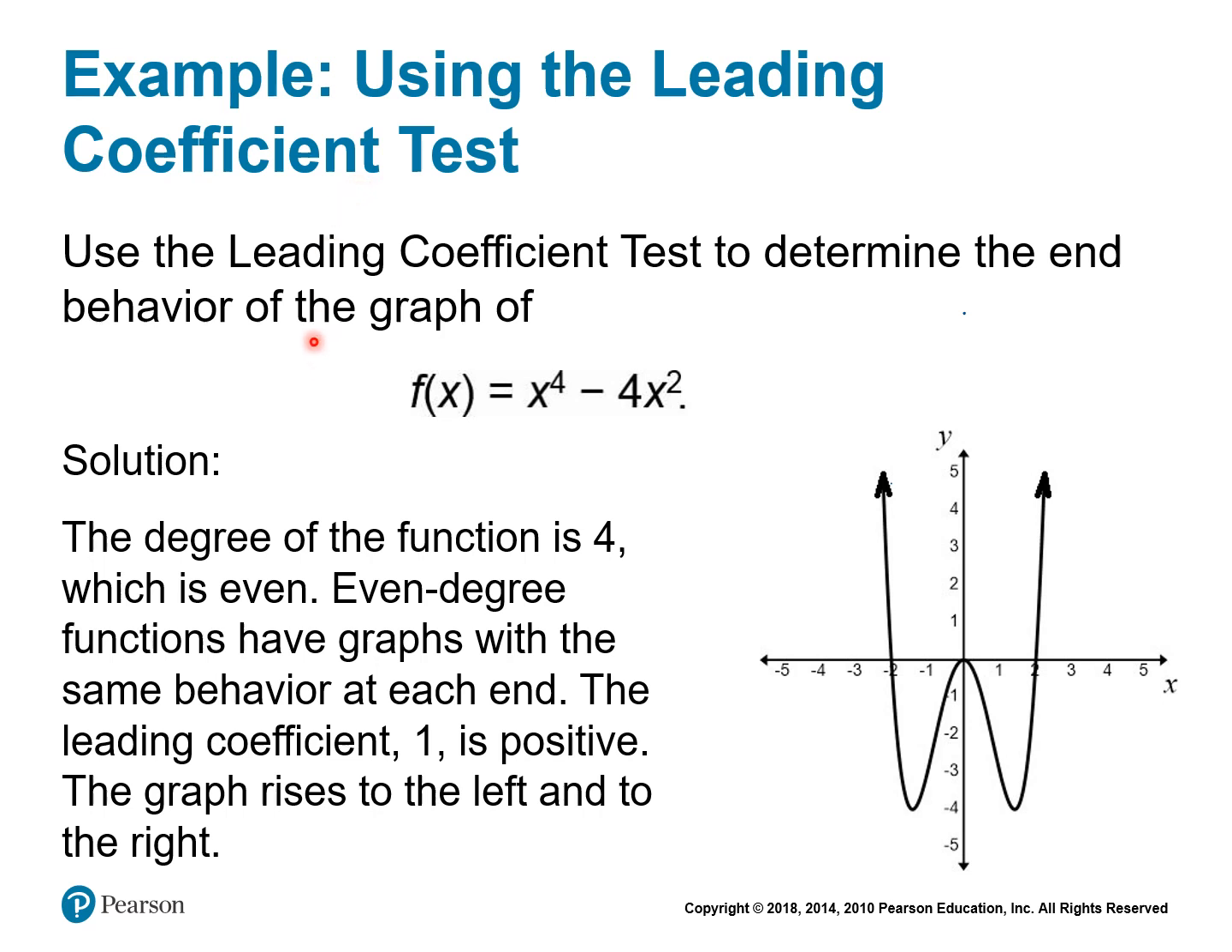All right, so let's see if we can apply the rules that we learned in the previous slide to understand how the graph will behave at its extreme ends. So the function given to us is x to the power 4 minus 4x squared. Now all we need to look at here is the leading term. So x to the power 4 is the